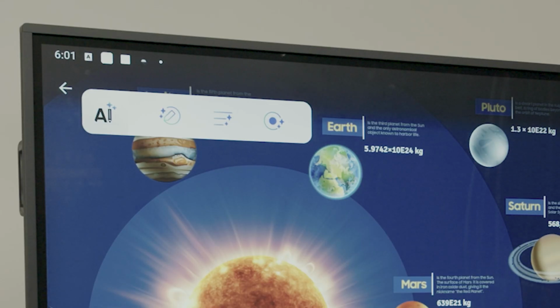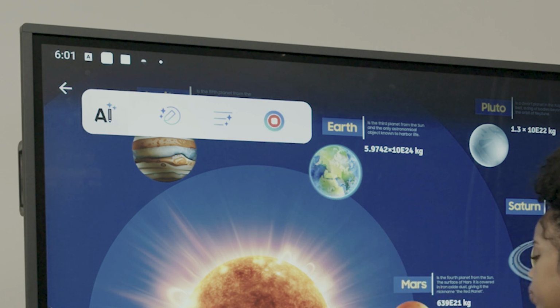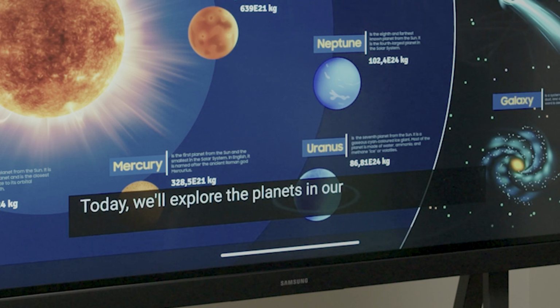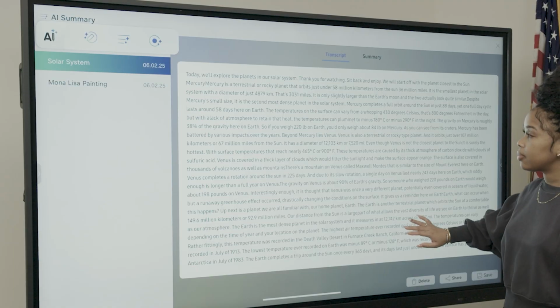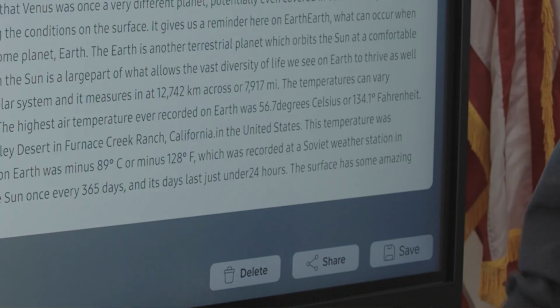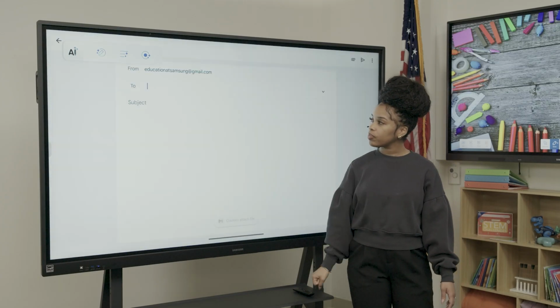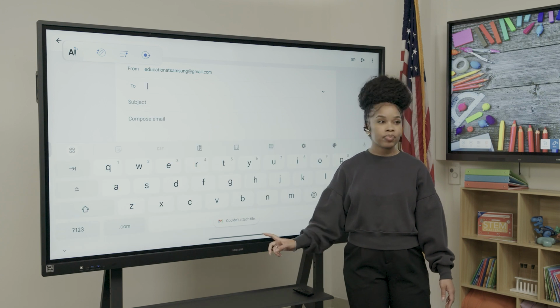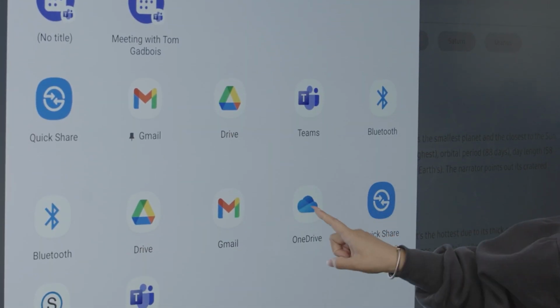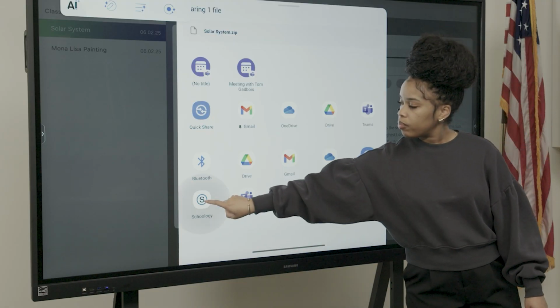Next, the AI Assistant includes an audio capture feature. By selecting the record button on the toolbar, teachers can record all audio from a connected USB microphone or webcam. As the teacher leads a discussion, their voice is transcribed in real time. This transcription can be shared with students or teacher teams in multiple ways. It can be emailed directly to participants, uploaded to cloud drives like Microsoft OneDrive, or integrated into your learning management